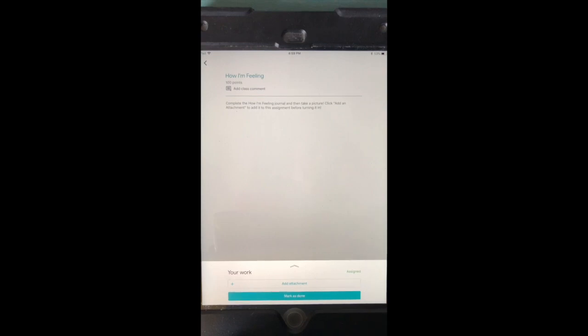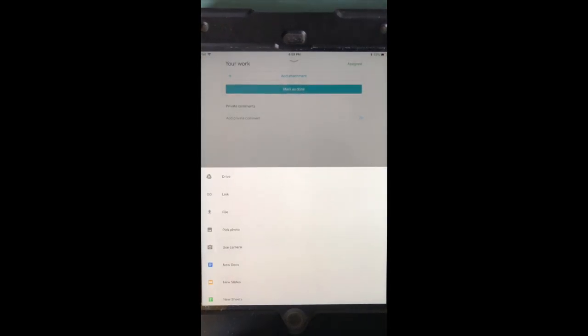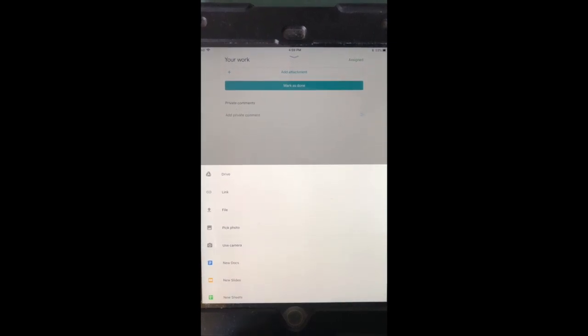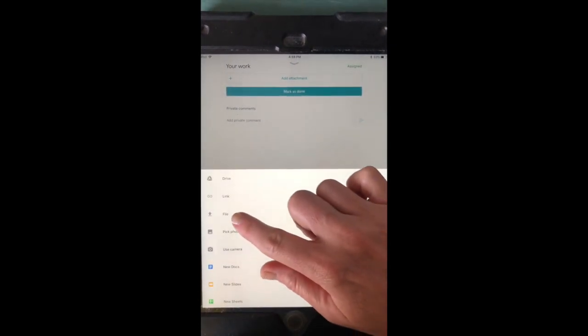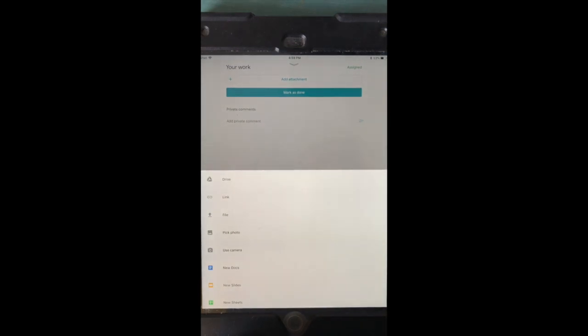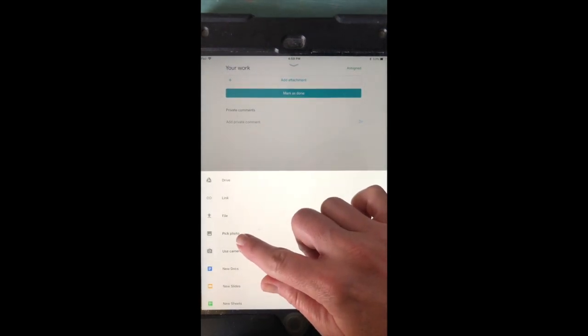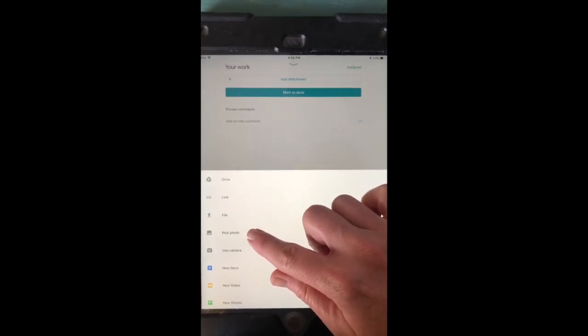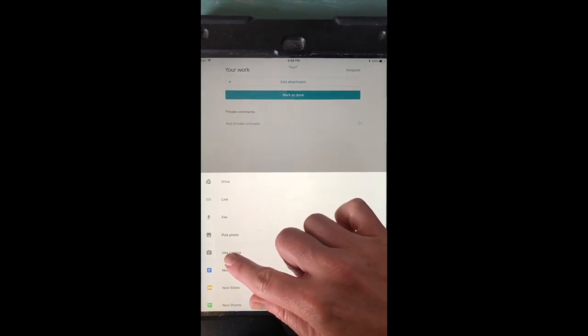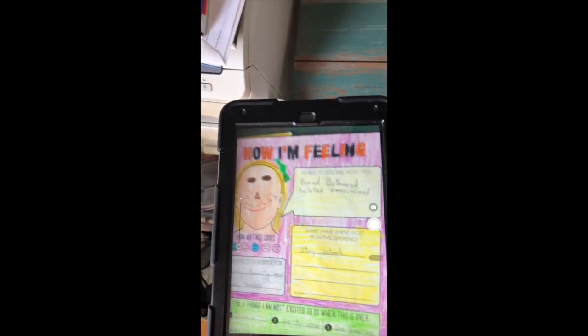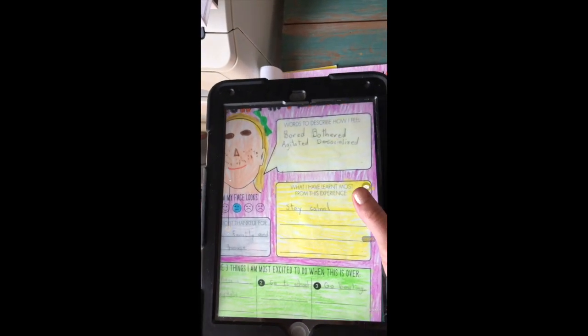Well, I haven't done it yet, so I won't mark as done, but I can add an attachment. I add an attachment, and I can either choose a file of an image that I've already taken. I can pick a photo from my photo bank within my iPad, or I can use the camera and take a photo right here. I can bring it over to my assignment, center it up, take the picture,